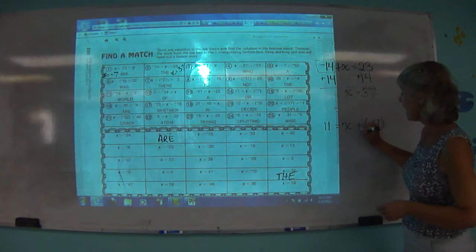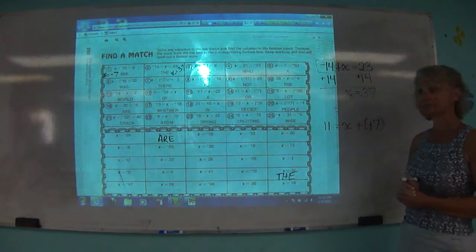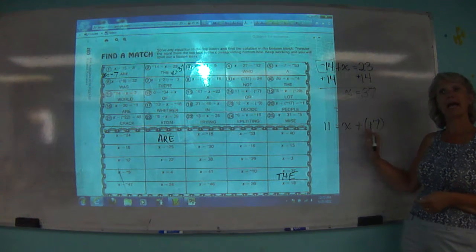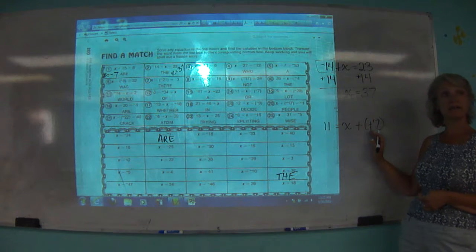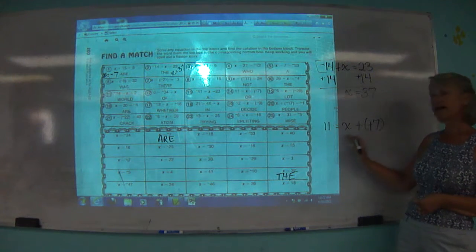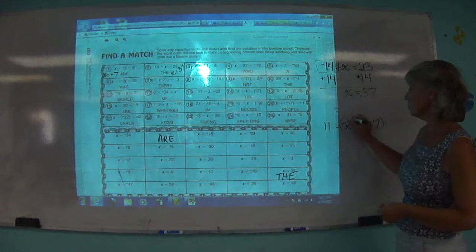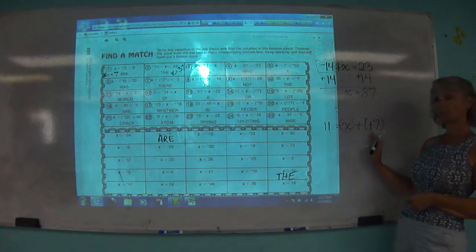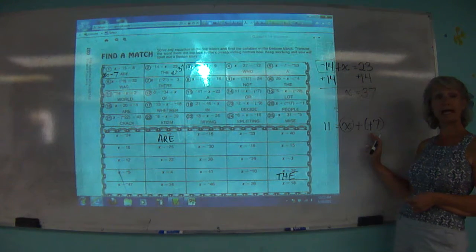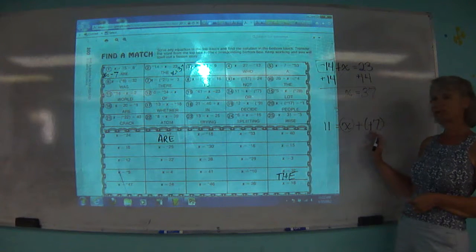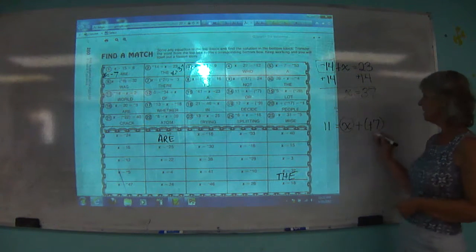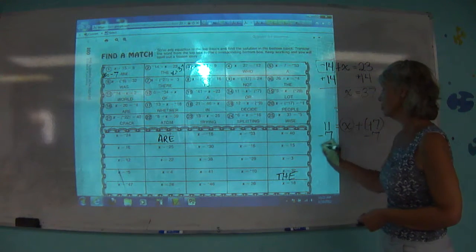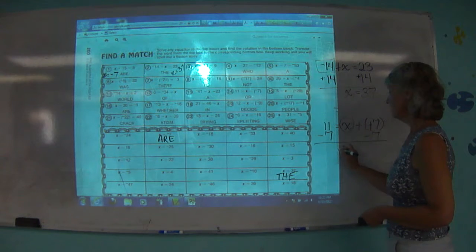So then I add the opposite. Everybody see what I did? I turned it into addition, and I made this a positive instead of a negative. Now, I want to isolate x, so what do I add to both sides of my equation? It's now +7, so I need to add, what's the opposite of +7? -7. So I'm going to add -7 to both sides of the equation, and I know x equals